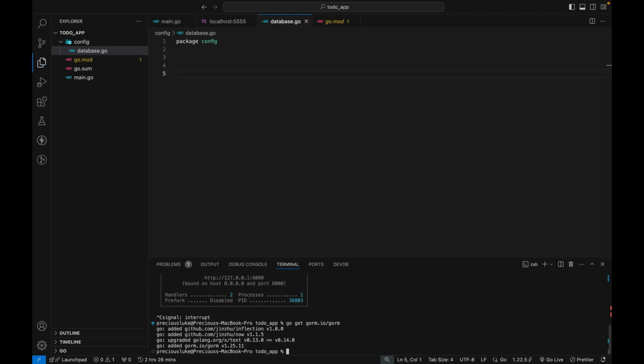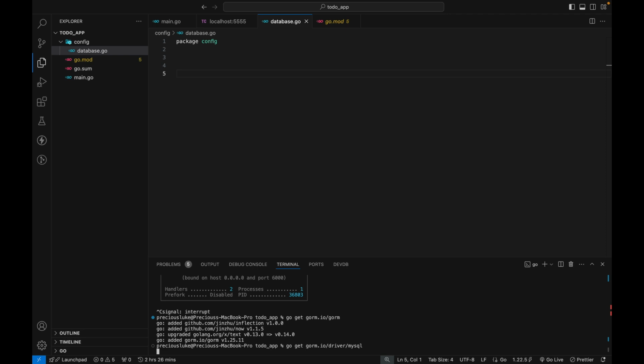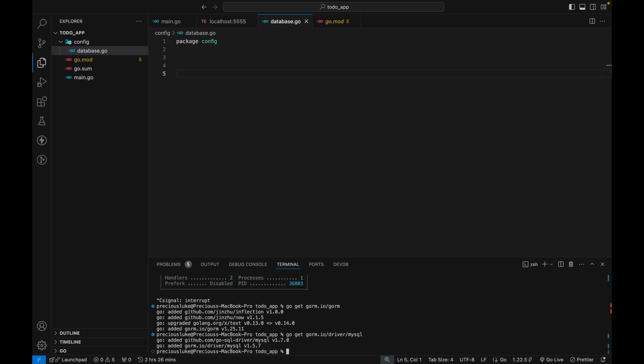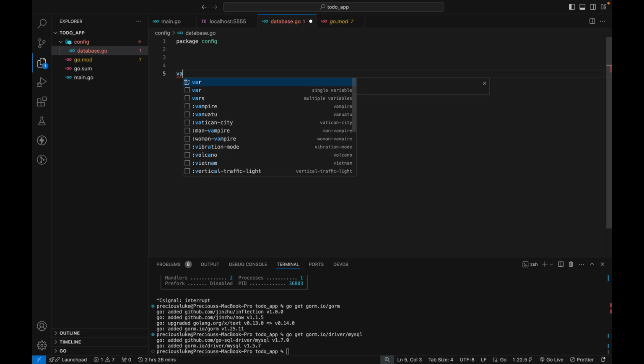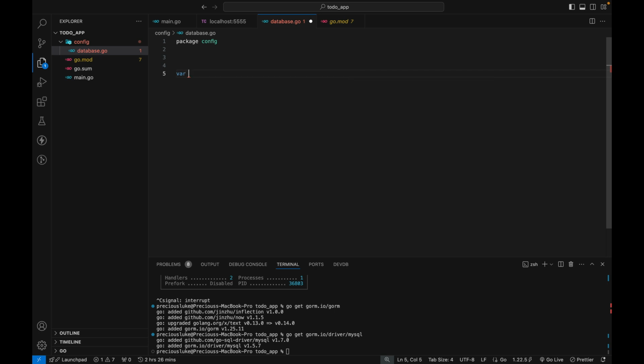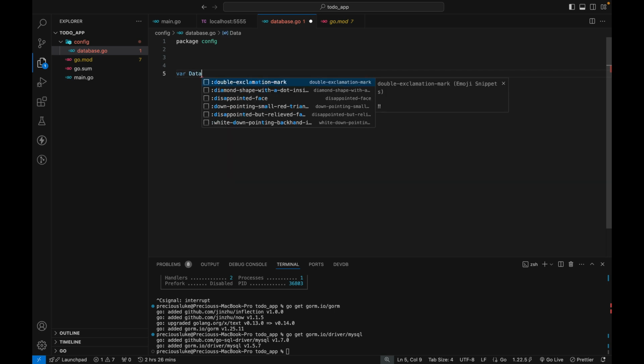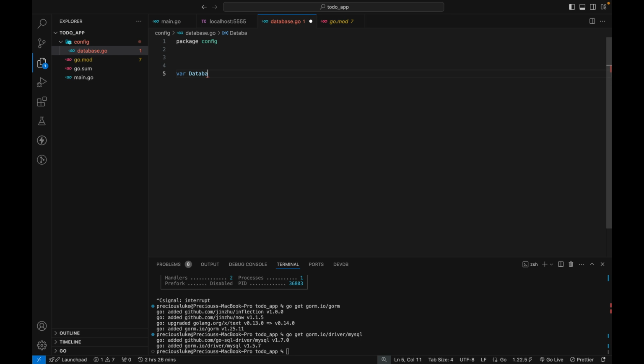I'll also copy the driver and paste. So since we have that set up right now, the next thing we are going to do is to initialize a database variable. This is going to serve as what is going to hold the connection